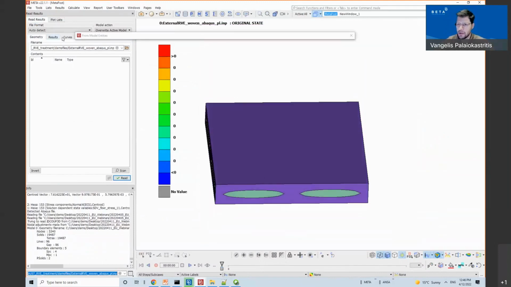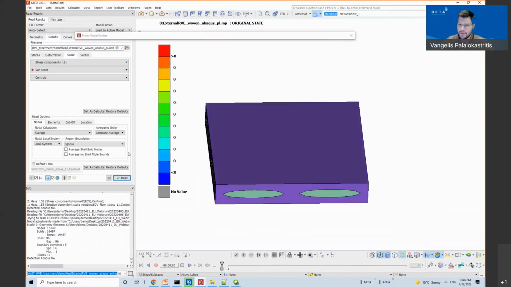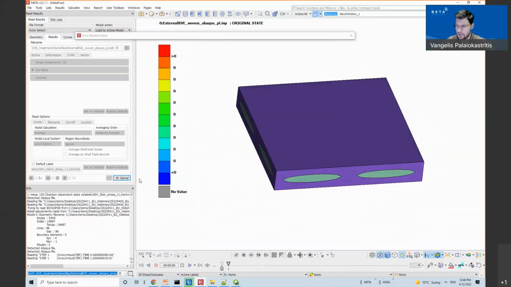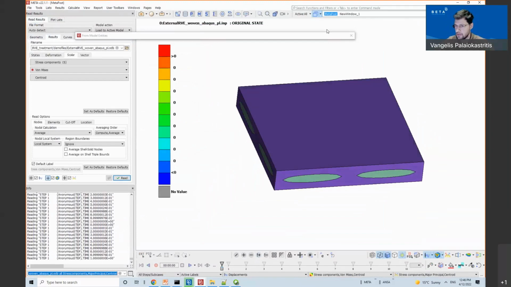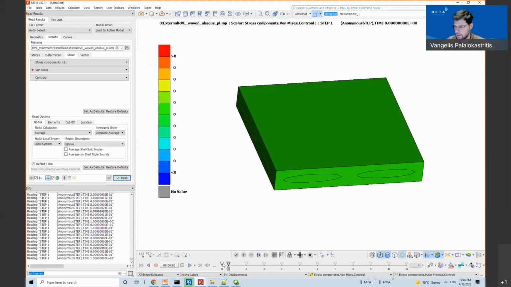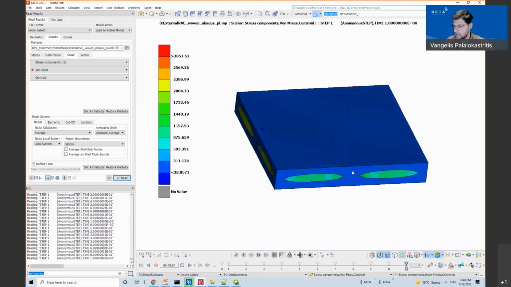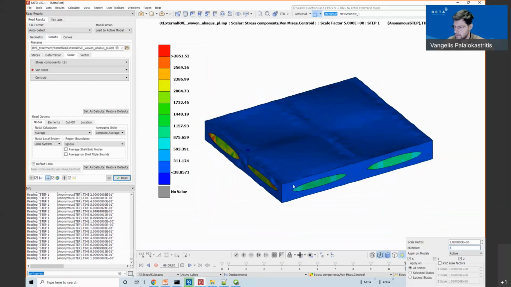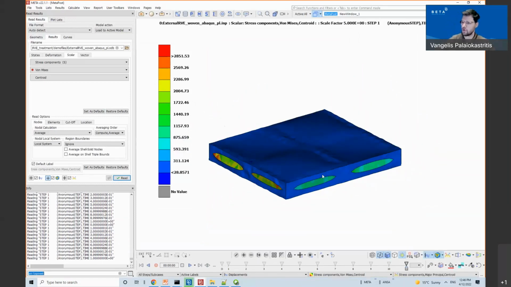So this has been solved by Abaqus. And I can see the stresses and how it deforms.